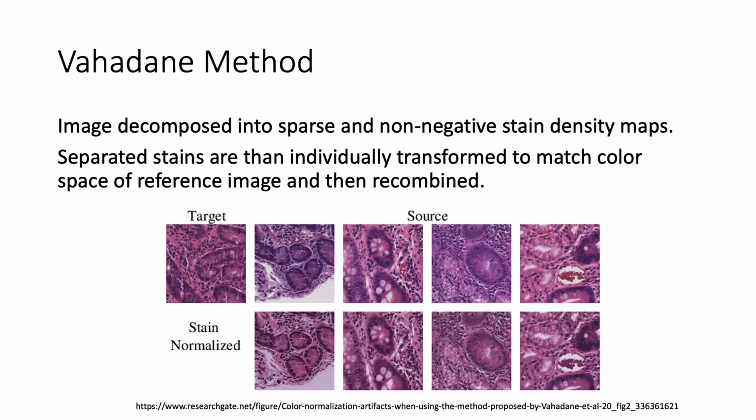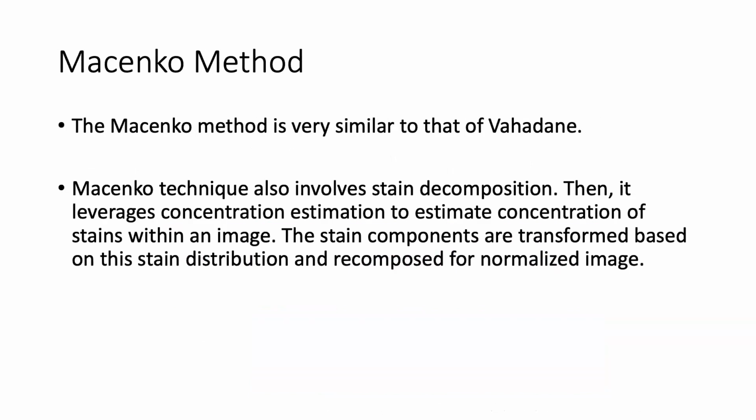And then these different density maps are combined to form one composite normalized image. The Macenko method is very similar to the Vahadane, since it also leverages stain decomposition. But a unique aspect of this method is a step that specifically focuses on estimating the concentration of different stains. So based on the stain distribution of a reference image, the stains are transformed and then recomposed for, again, one